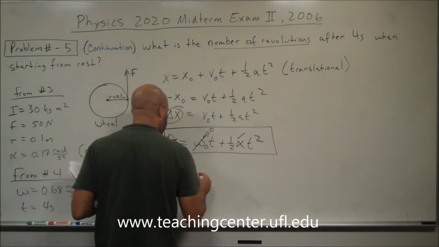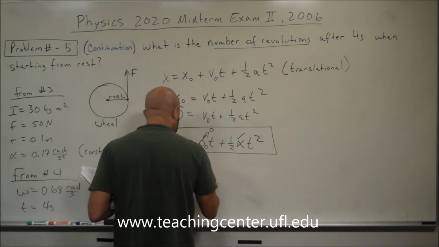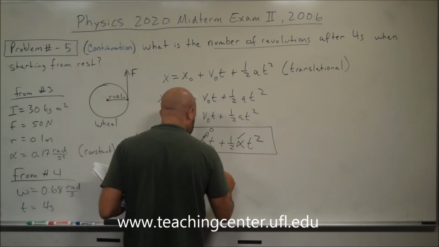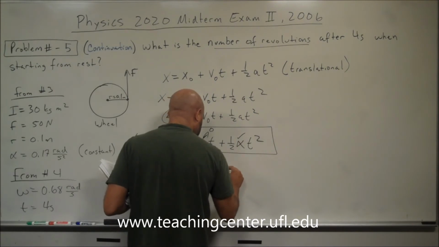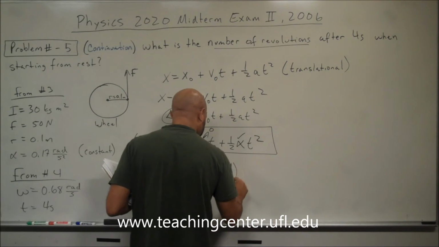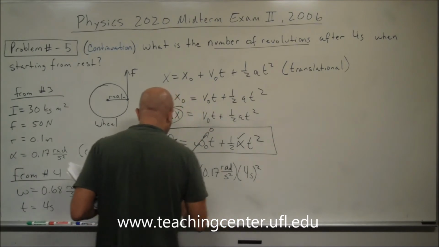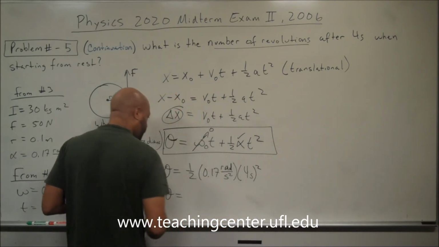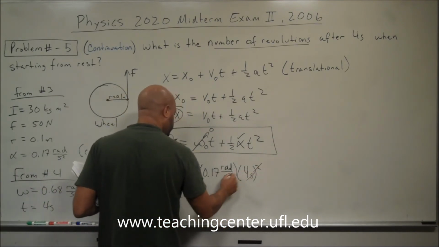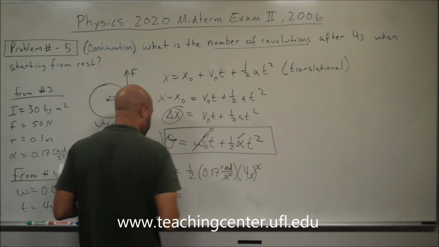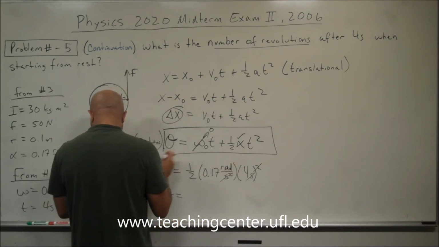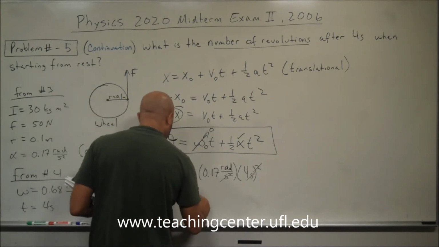The angular acceleration was 0.17 radians per second squared, and the time is 4 seconds, and we're going to square that. When we work this out, you'll see that the seconds cancel out, and you're just left with radians. And that works out to be